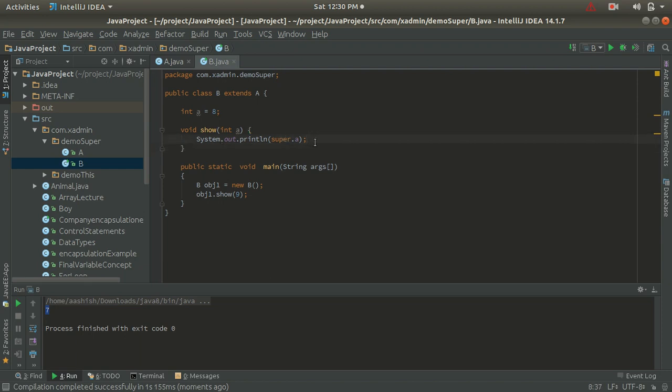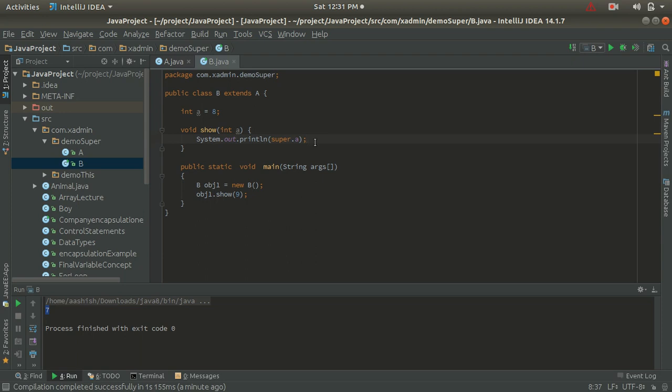Okay, so guys, here you can see that this keyword is used to take the instance variable of the current class, and the super keyword is used to take the instance variable of the parent class. So guys, this keyword is a reference variable, and guys, it refers to the current class, and super keyword is also a reference variable which refers to the parent class object.